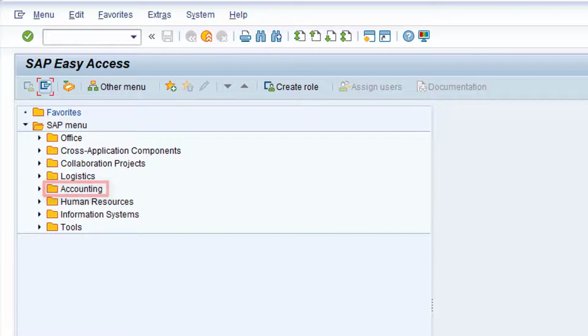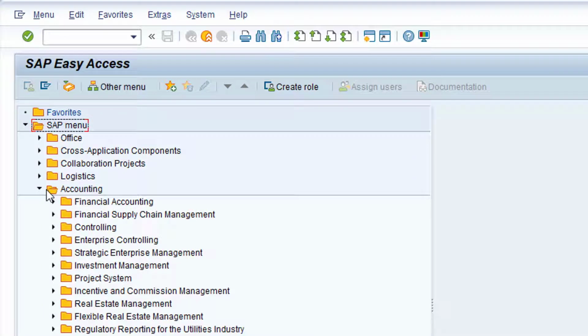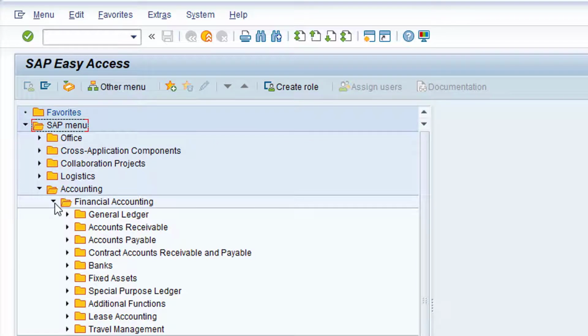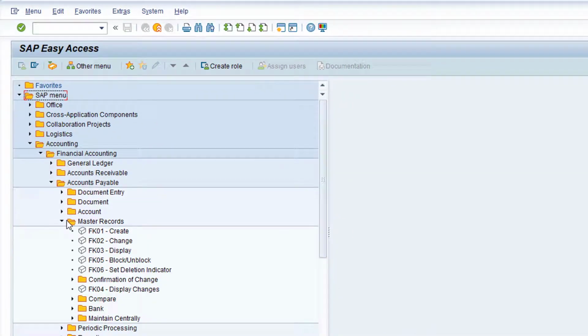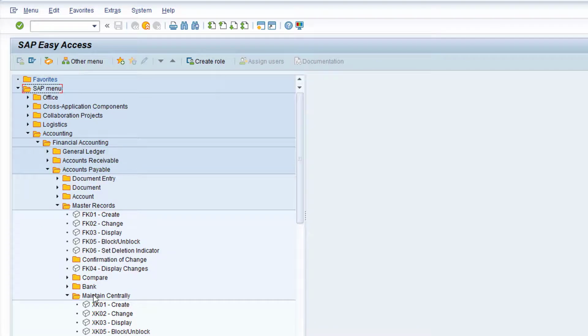To expand the folder, click on the triangular icon to the left of the folder name. Then Financial Accounting, Accounts Payable, Master Records, Maintain centrally. Double-click on the entry for XK03 Display.